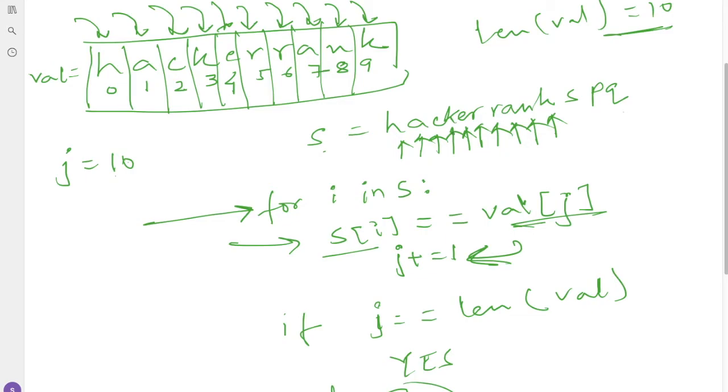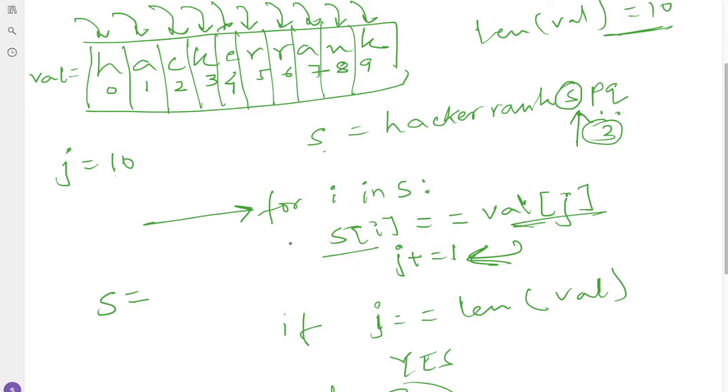Currently my pointer is at k, which means this for loop will iterate three more times. But when I move forward to the next character, which is s, s of i is s, and I am checking in this if condition whether it is equal to the value at j.